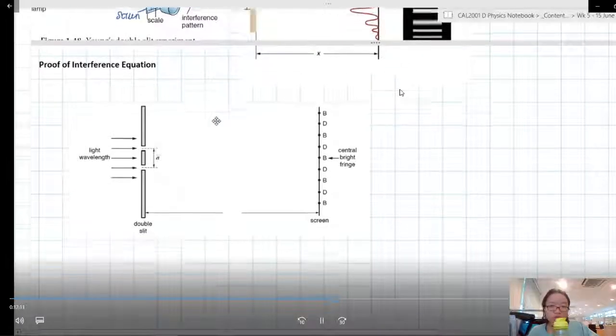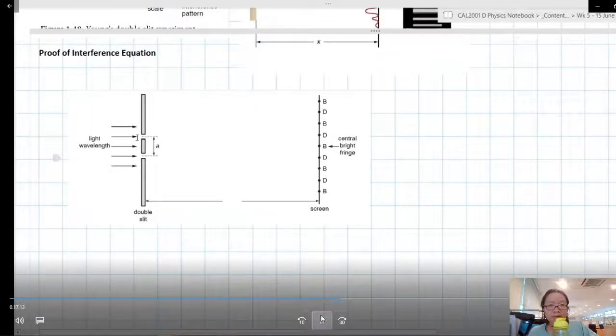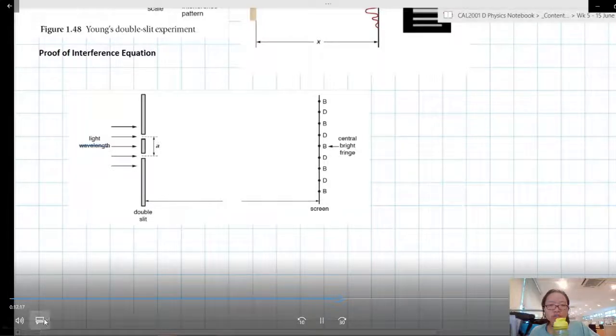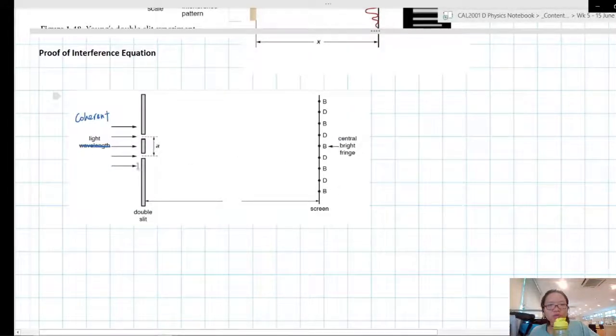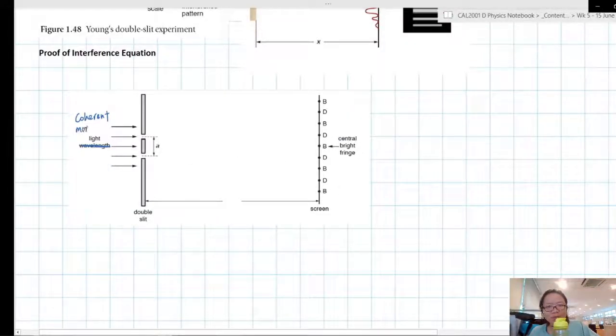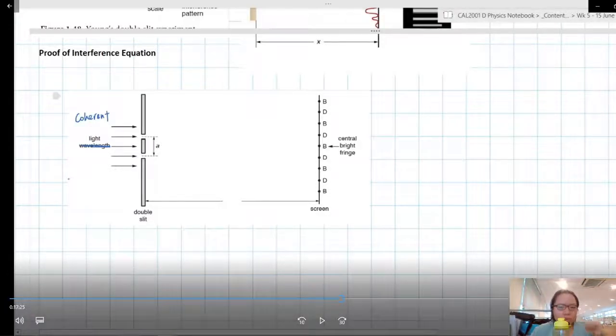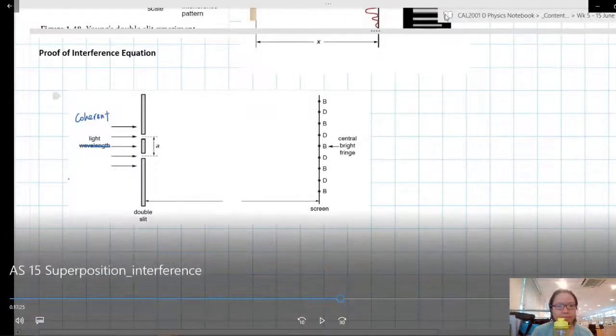equation. The proof is not needed in your exam, but it's a nice to know, especially if you are the type who wants to know the equation that you are using and how it came to be. Okay, so if you look at the setup given to you, you have a double slit,